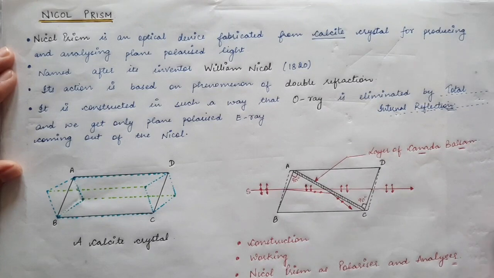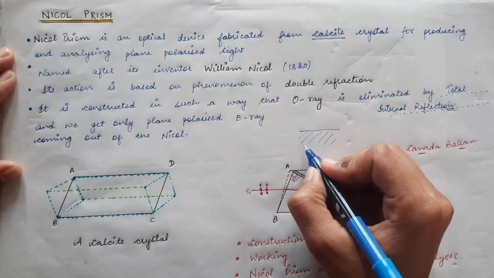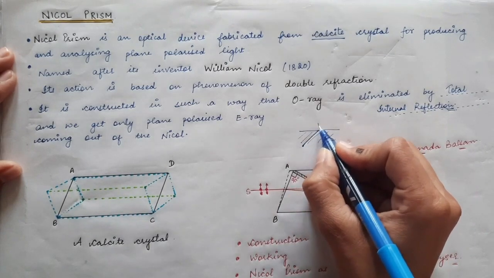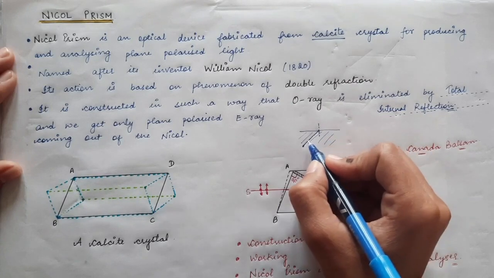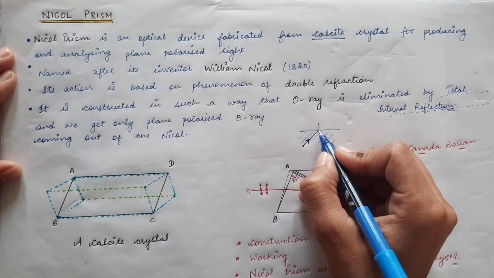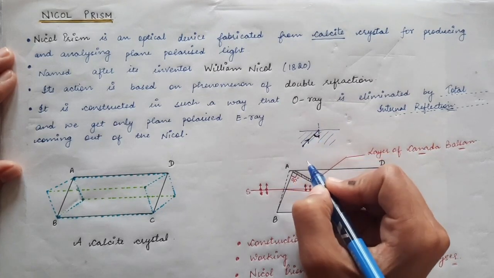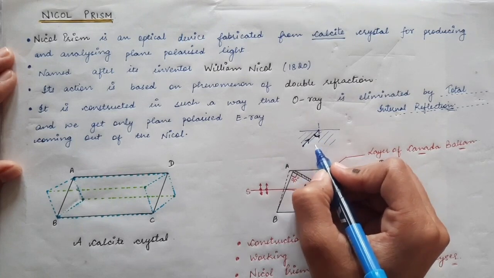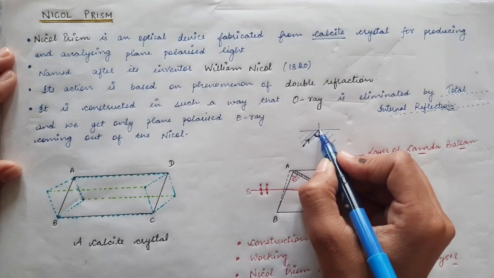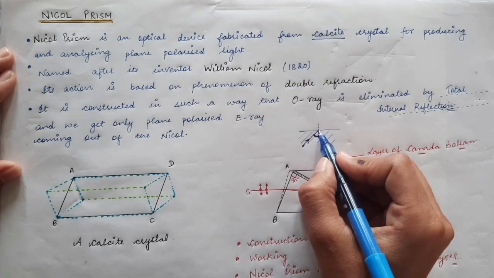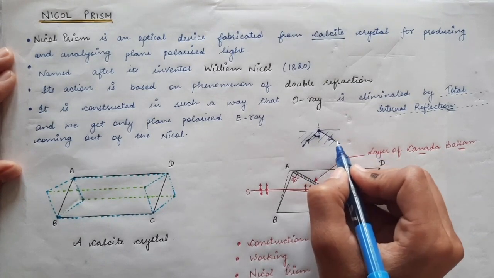So what is total internal reflection? Let's say you have a denser medium over here and you make a light ray fall on a rarer medium. This is the rarer medium at the top and this is the denser medium. The incident light is passing through the denser medium towards the rarer medium. When the angle of incidence inside the denser medium is greater than the critical angle, the ray will not go to the rarer medium, but in fact will get reflected completely. So there will be total internal reflection.